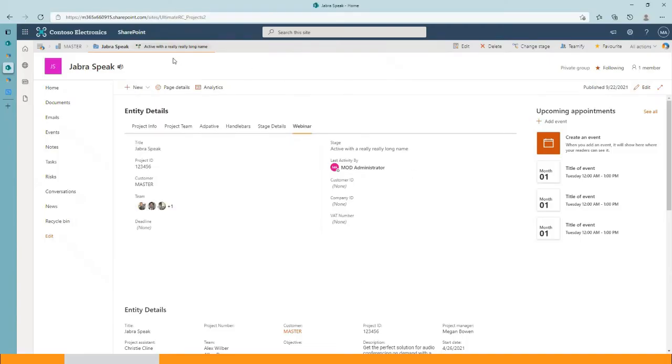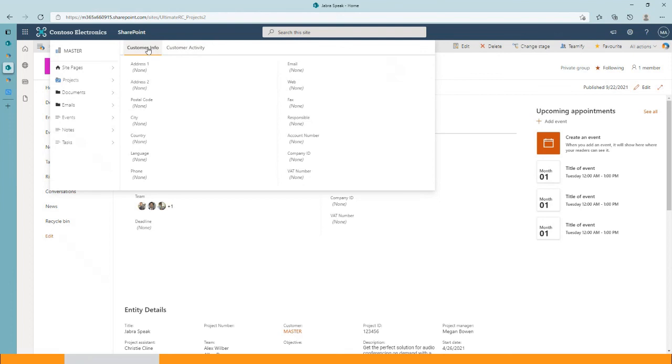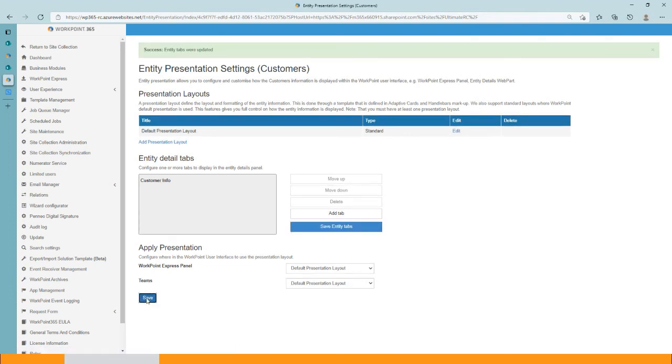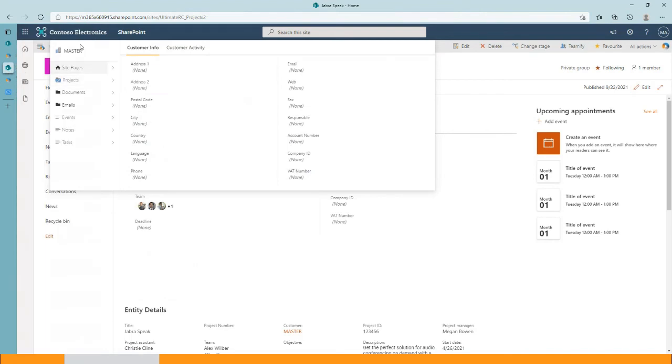Again, consider this as sort of our first release of the new top panel. We'll be, as I say, continuously improving it, and I can see that you might want only the project information, but I think if we have the option to select what tabs you want to show in the top panel, in the web part, you can do that. Obviously, if you only have one tab that you want to show, a bit like in the master, I've got two here, but I could quite easily go in and remove customer activity, save that tab, and save it there. If I do a refresh here,